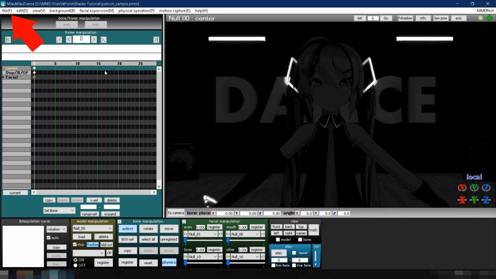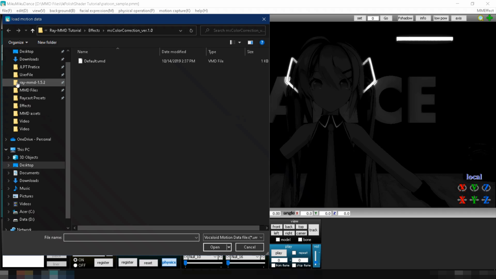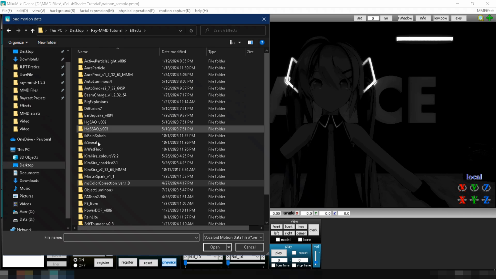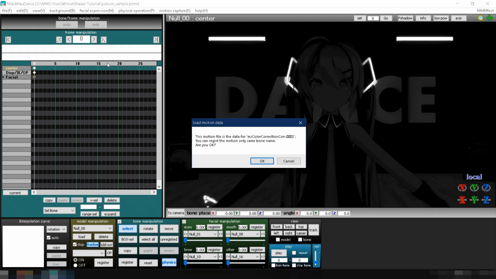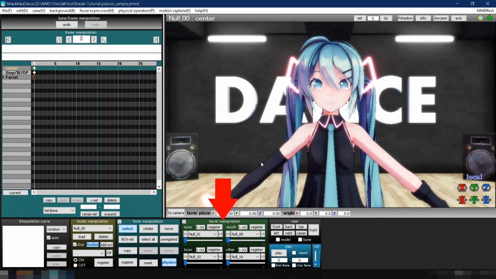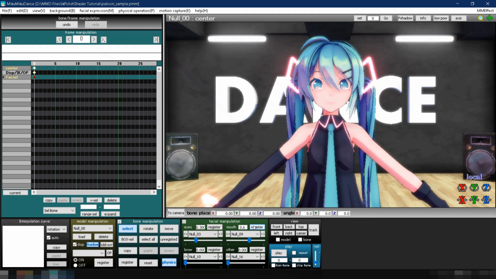Load its default configuration by going to File, then Load Motion Data, navigate to your Effects folder, then to your MS Color Correction version 1 folder, and select Default.vmd. In Facial Manipulation, select Null 05 and change its value to 0.3, then click on Register. Lastly, select Null 09. Set its value to 0.6, then click on Register. Click to Camera to see how it looks.